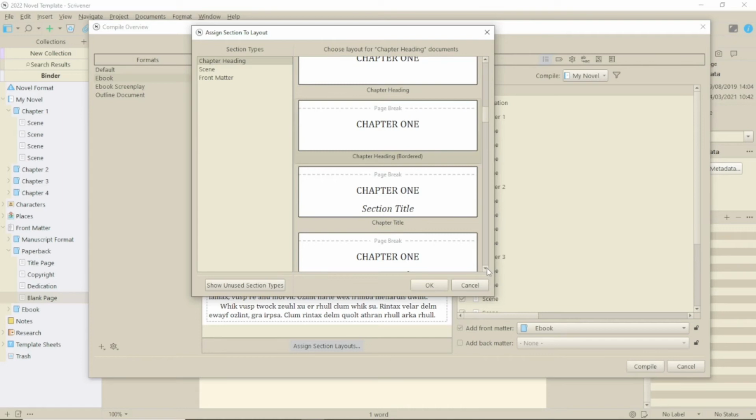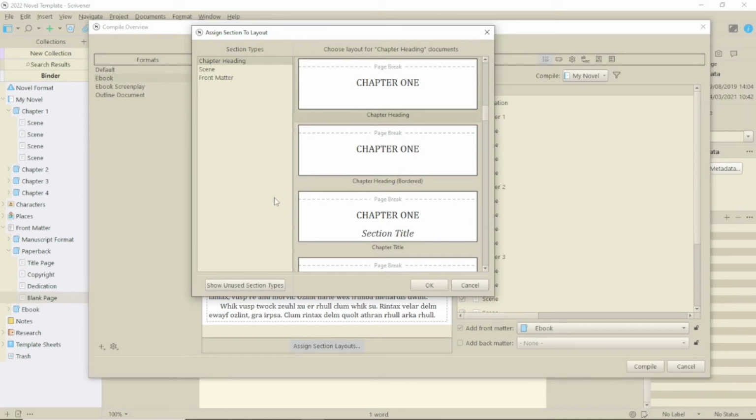So simply click on your section type on the left and then click on the section layout you want for it on the right. The easiest setup for a basic novel is to have a title style for your chapter folders and a text style for, you've guessed it, the text. There is no right and wrong for any of these options, and they can be customized a little, but I would suggest getting the basic structure of how you want your novel to look first, and then worry about customizing.